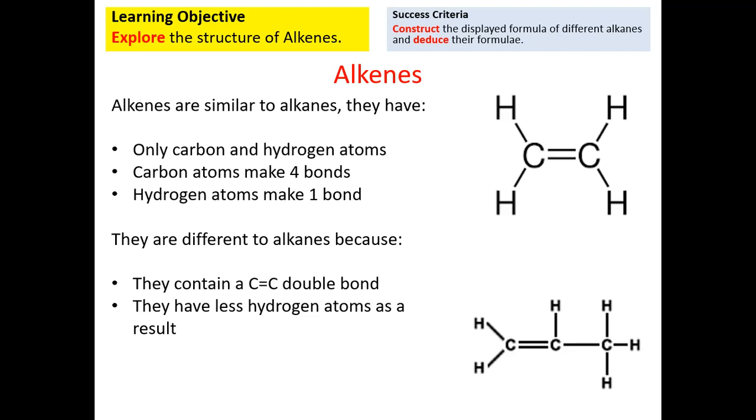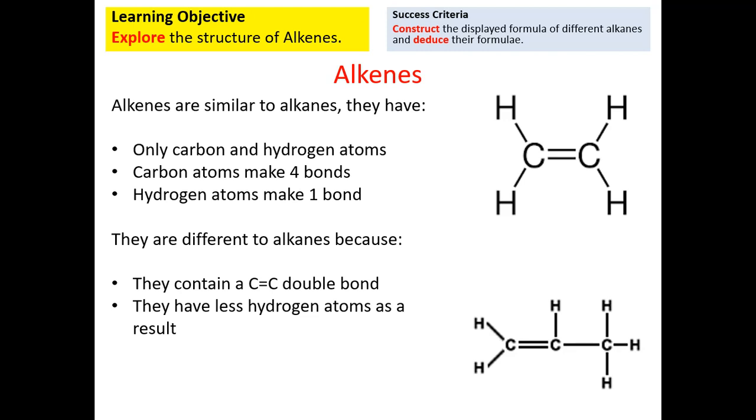At the bottom, you can see an alkene with 3 carbon atoms, and hopefully you'll notice that there's only 1 carbon-carbon double bond. Alkenes, the way we're going to learn about them, only have the carbon-carbon double bond once, and